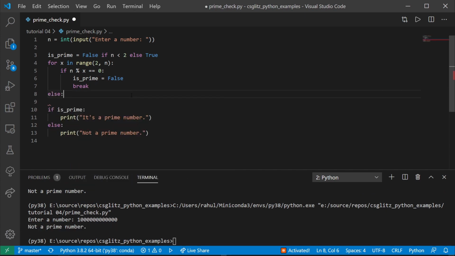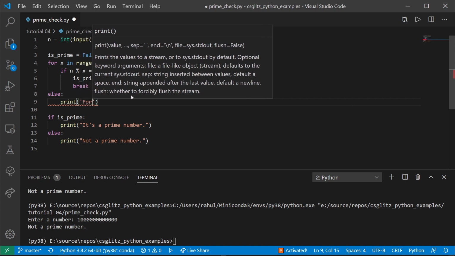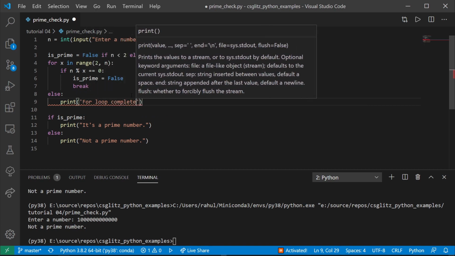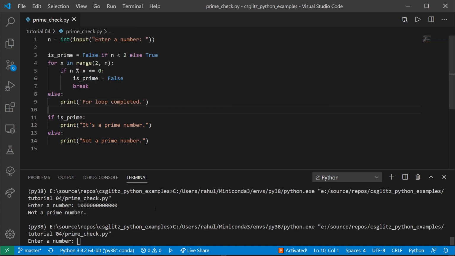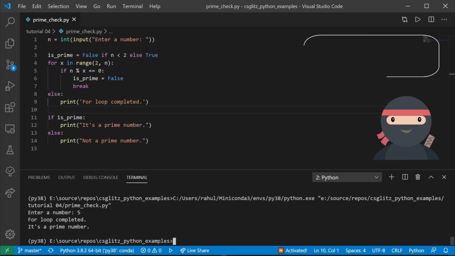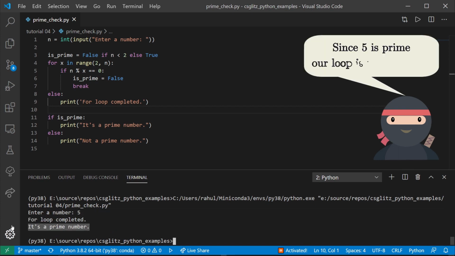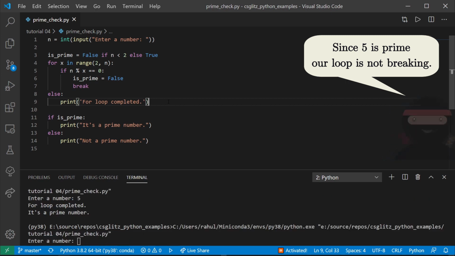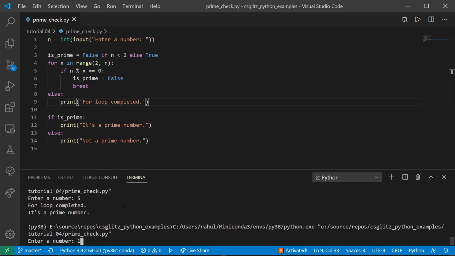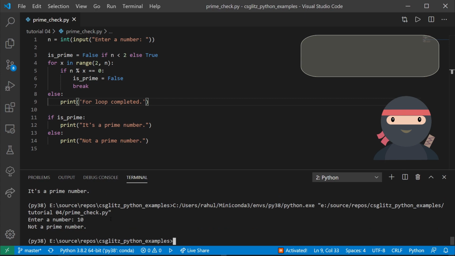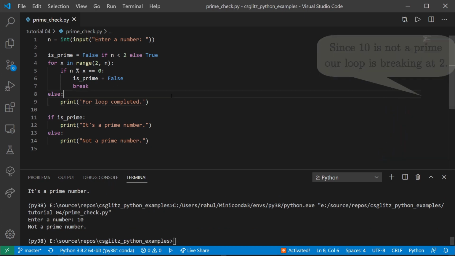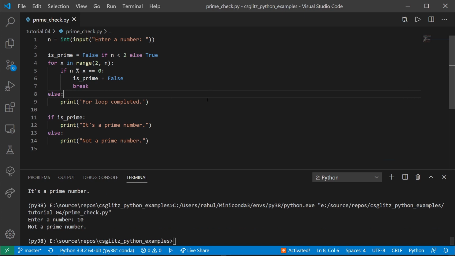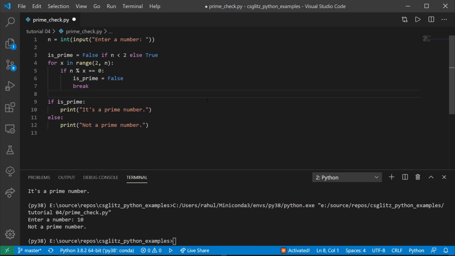We can use else statement with the for and while loops. Python will execute the else block after successfully completing the loop. But it will not run the else block if the loop gets interrupted by break, as break makes our program exit from the loop. Sometimes we want to skip some values in the loop.